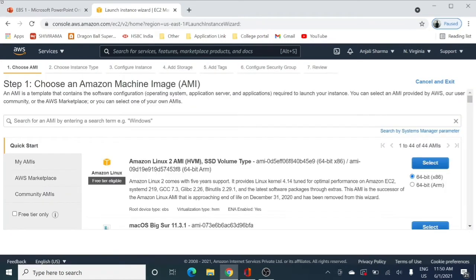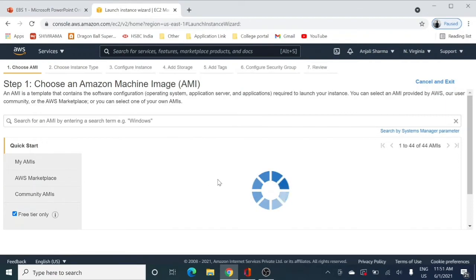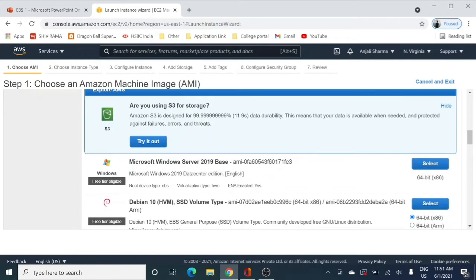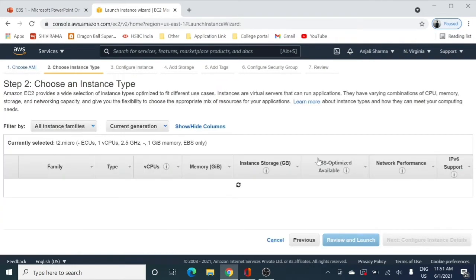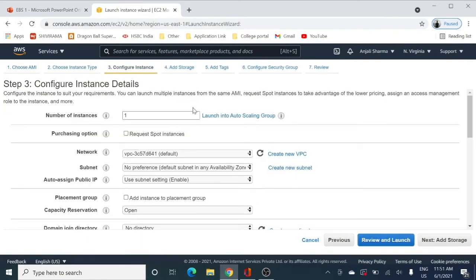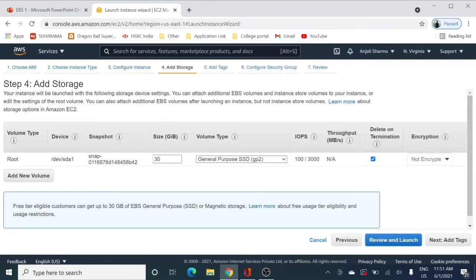So now let us quickly launch another instance. Click on free tier eligible only, and the next step will be going to a Windows server, right? So I am going to take this AMI, that is Server 2019, and select it. Again, I will be sticking to T2 micro only, right? And go to instances. Everything will be as it is. And again, I got the same page. I can add a volume from here also, but I will not be doing that.